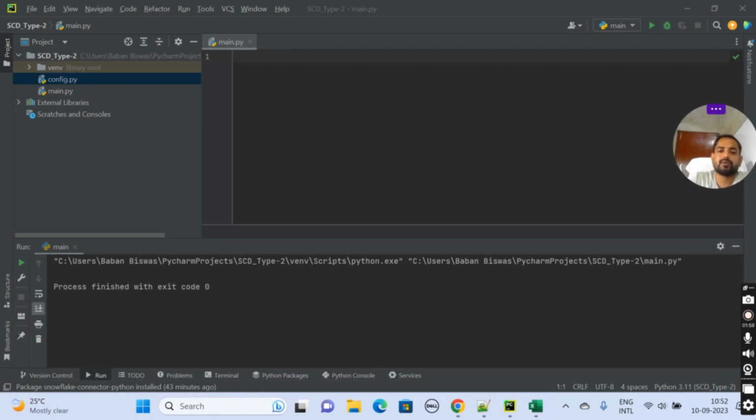What is a star schema? Suppose you have a fact table in the middle, and that fact table is joined to the dimension table in a one-to-one kind of way, or just one hierarchical level up. That is called a star schema. If there are multiple levels of hierarchy of dimension tables, then it is called a snowflake schema. We will not discuss this topic in detail. Now we will just focus on our SCD type 2.